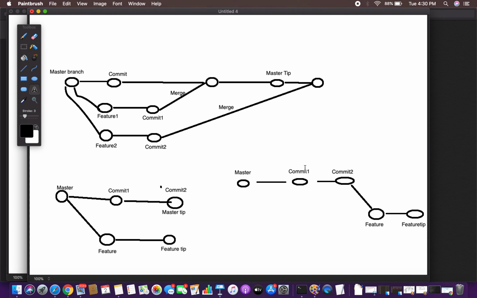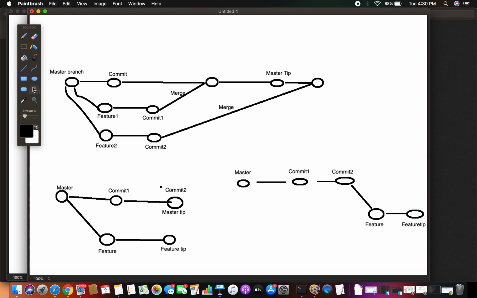In this rebase, your feature branch starting point, from where you took the feature branch, is moved to the tip of the master branch. Instead of merging these two and making another commit, which is called a merge, if you are rebasing, the base of this particular feature branch is moved to the tip of the master branch, and that is called a rebase.